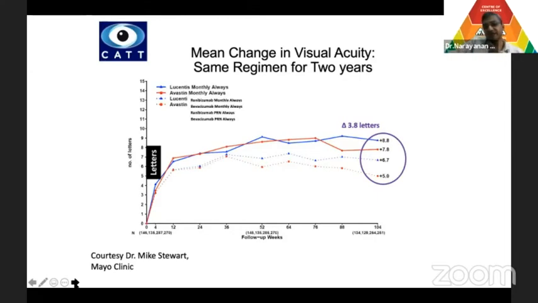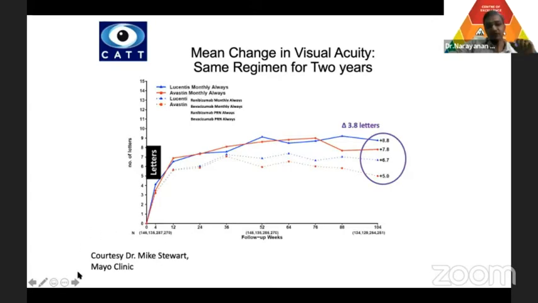Let's say the patient has ARMD, and you have decided to treat. What the CATT trial shows is that you can treat either with monthly injection or you can do PRN. When I mean PRN in the CATT trial, it was a monthly visit, but you don't inject when there is no fluid. But the visit is every month. The average letter gain is about 8.8 letters if you use Lucentis monthly, or 7.8 letters if you use Avastin monthly. So this is something which we all should know.